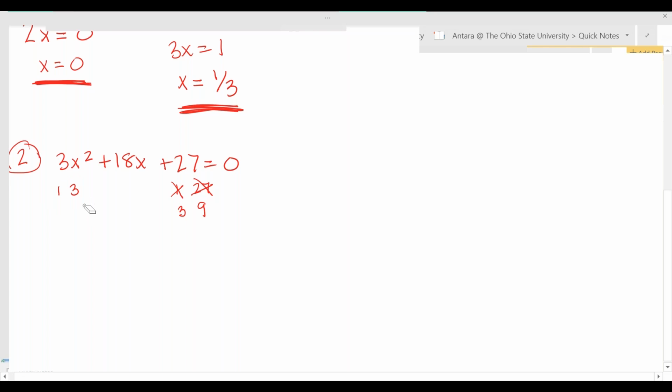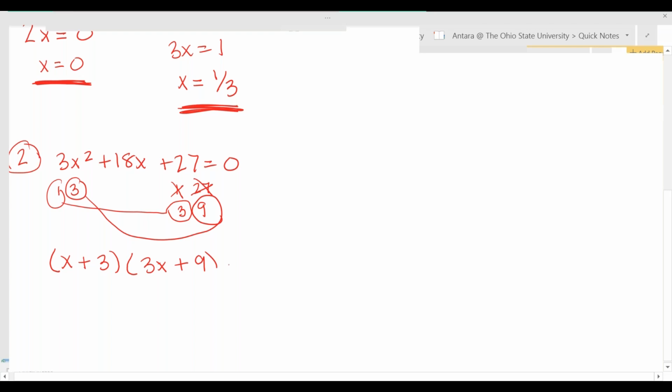If I want to get 18x in the middle, I can do 1 and 3, and then 3 and 9. So that means it's going to factor into, this 1 corresponds with the x, and this 3 on the right side corresponds with just a constant of 3, and you can multiply that by 3x